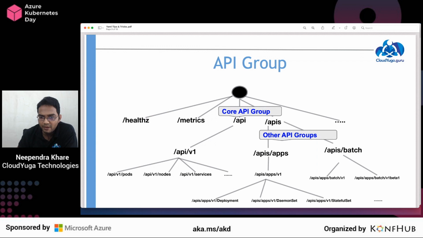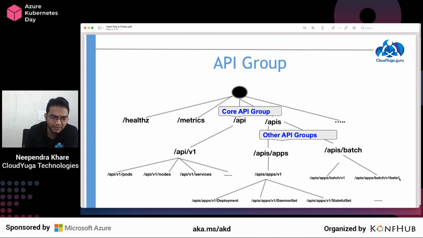Then maybe we can have a group here, API/batch. And here you can see we have the V1 version and we have the V1 beta 1 version. So depending on the feature you want, you would go and connect to the respective endpoint. For example, if there's a feature in beta which is going to come in the next release, and I want to try it out right now, I would go and hit the V1 beta endpoint. Otherwise, I'm okay with the V1 release and so on.